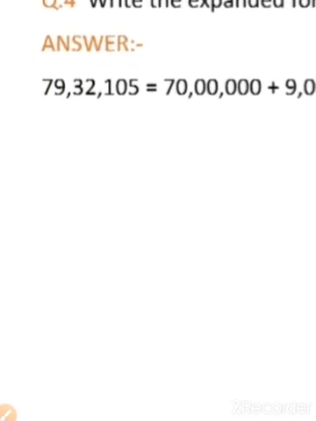First you have to write the digit at the highest place. The highest place here is 10 lakhs place, and in 10 lakhs place we can see the digit is 7. Okay students, so we have to write 7 followed by 6 zeros, because after 7 there are 6 digits. That's why we have placed here 6 zeros.